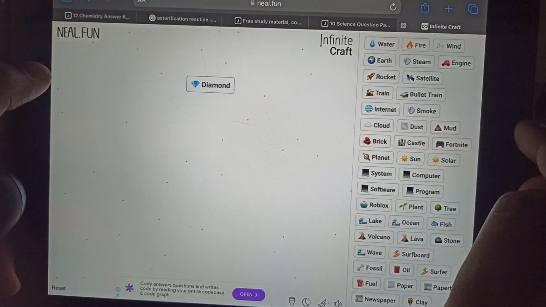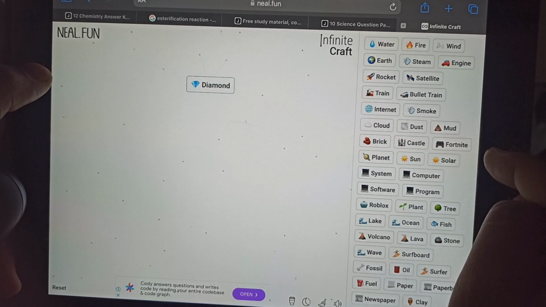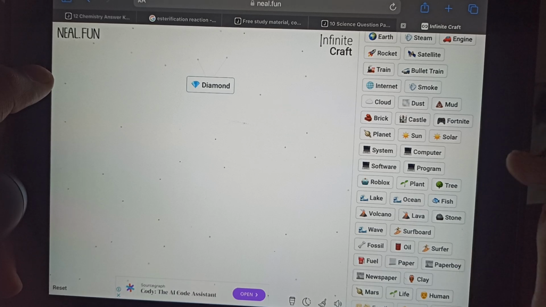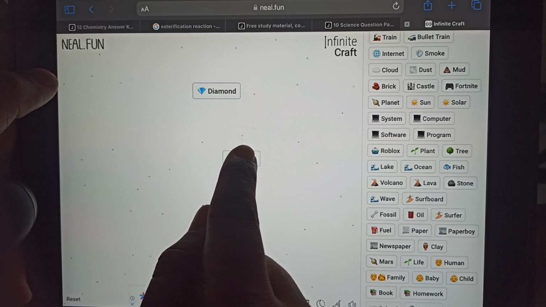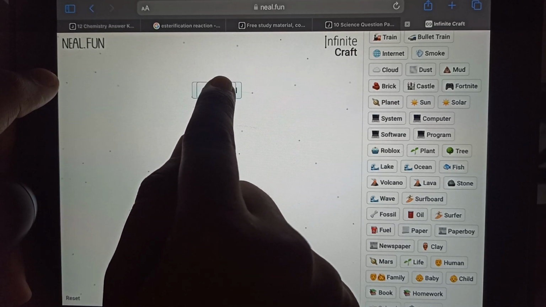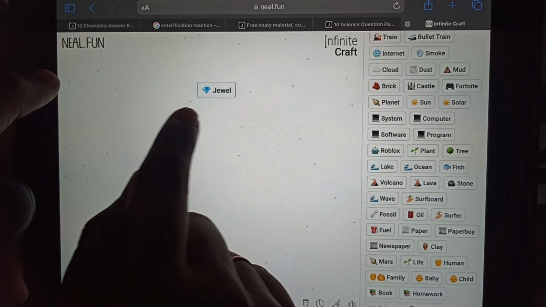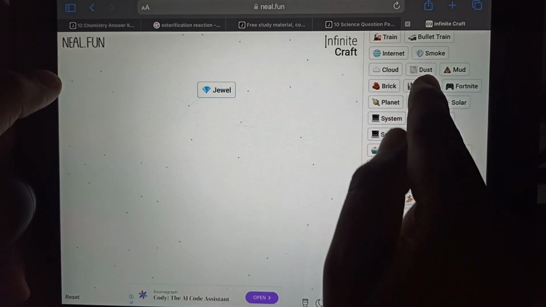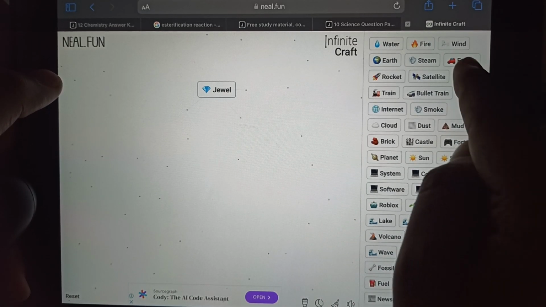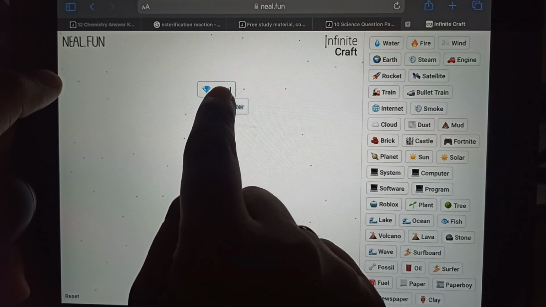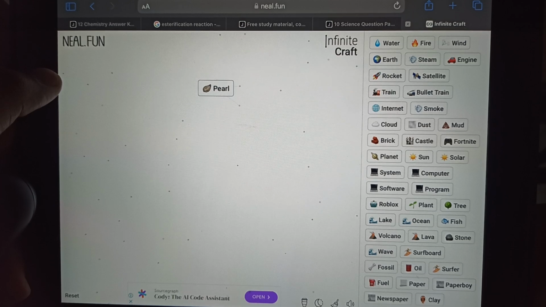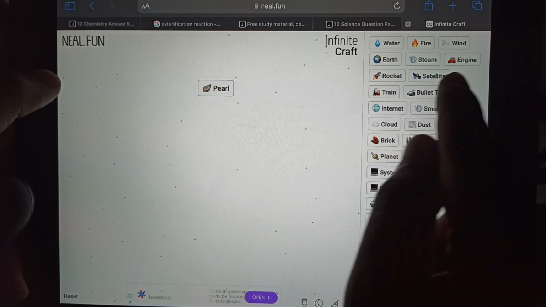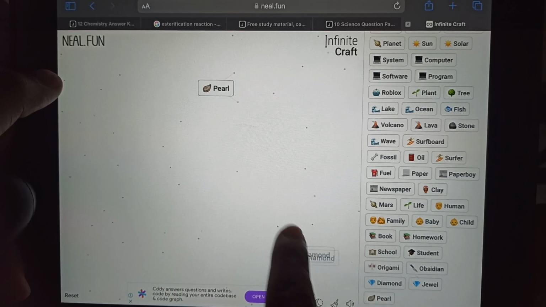And now we have to use stone with diamond. Where is the stone? Now just drag stone over diamond to create jewel. After this you have to use water. Just put water on jewel to create pearl. So now once you obtain pearl, now combine pearl with diamond to create